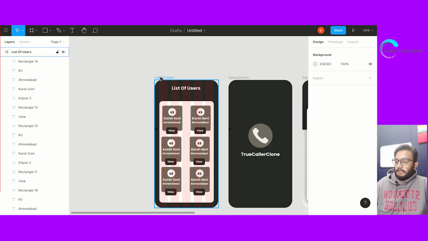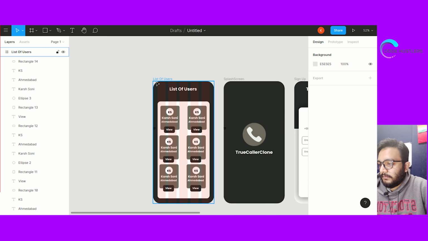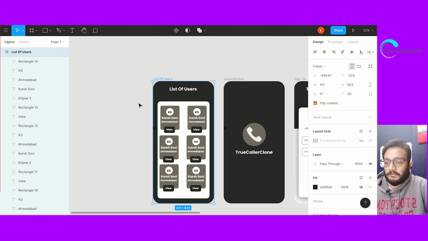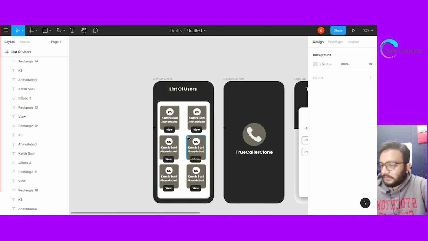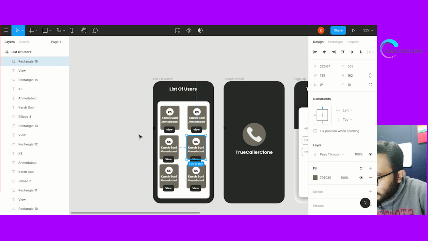So these are user details, the user list screen. We'll list all the users like this in a grid manner, and now remove this so it looks fine. I think they are not aligned.